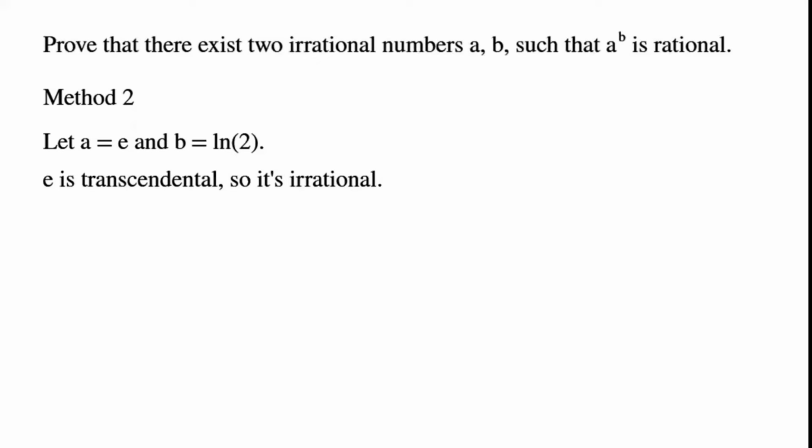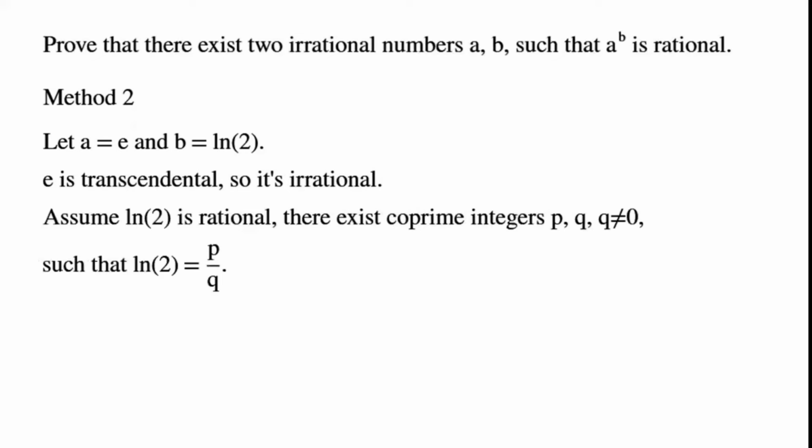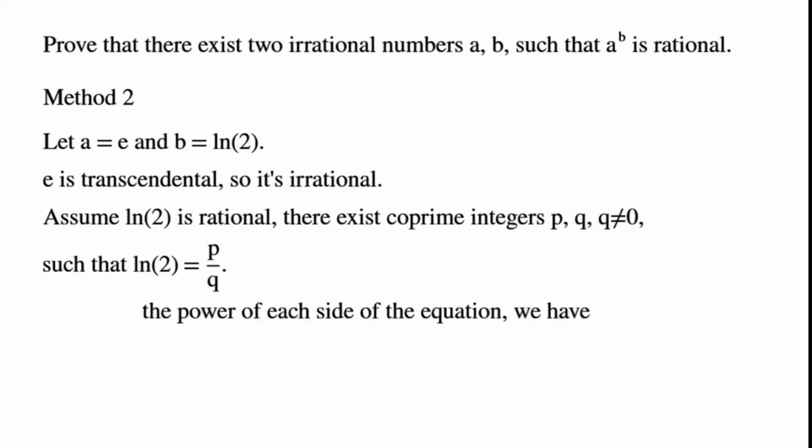Since e is transcendental, it is irrational. Assume ln2 is rational. There exist coprime integers p, q, q not equal to 0, such that ln2 equals p over q. Raise e to the power of each side of the equation. We have e to the power of ln2 equals e to the power of p over q,